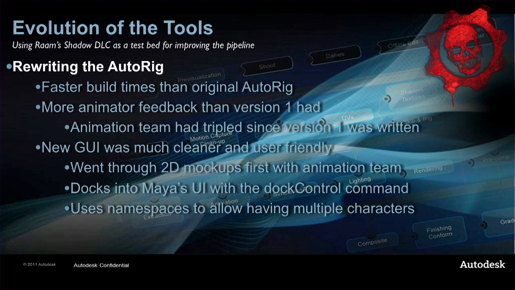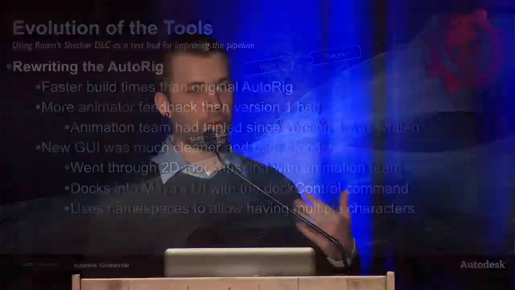One of the things that the original AutoRig did not have was namespaces. I've always shied away from namespaces because they were kind of a pain, especially with an AutoRig. If you're building a rig with namespaces, you have to write a bunch of code to deal with what happens if that namespace exists. What happens if you add namespace _1, and now you have to keep iterating on that integer. It's a big pain in the butt,